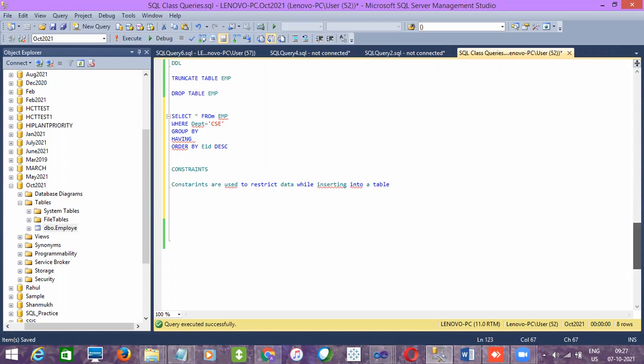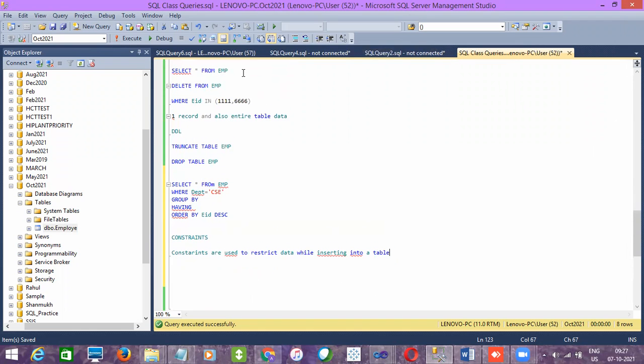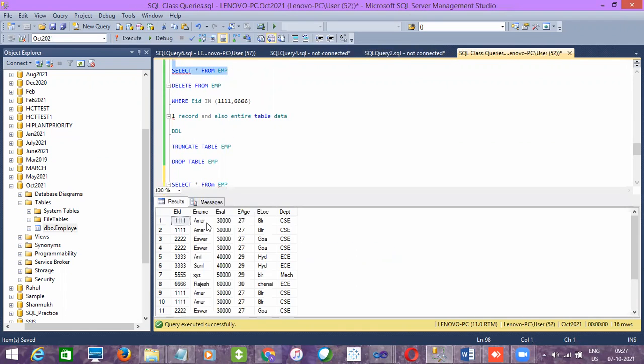let's say in the earlier example we had discussed the same employee ID cannot be there for multiple employees, right? So we can see here in this case, 3333 Anil is there and 3333 Sunil is there. Do you think in reality this will happen? No, right? And also 3333 can't be there twice, right? If let's say that is the employee ID, in the same department or different department also it cannot be the same, it should be unique, right? But here it is same department, but same employee ID is there. It should not be, all right?